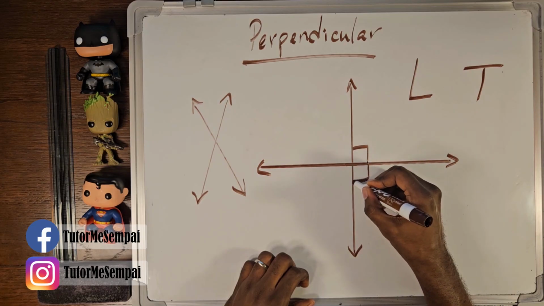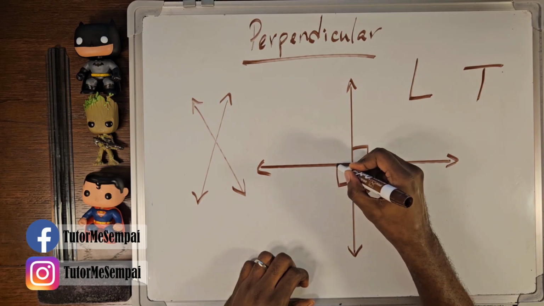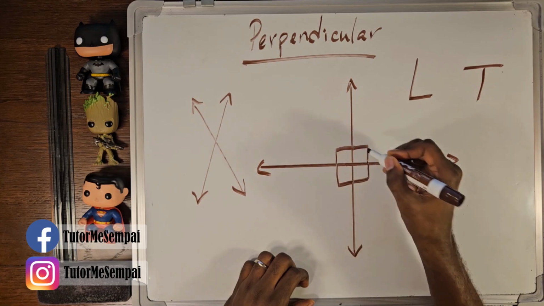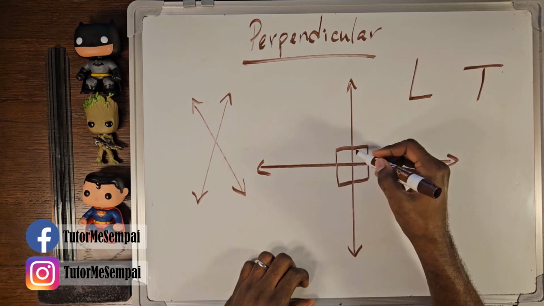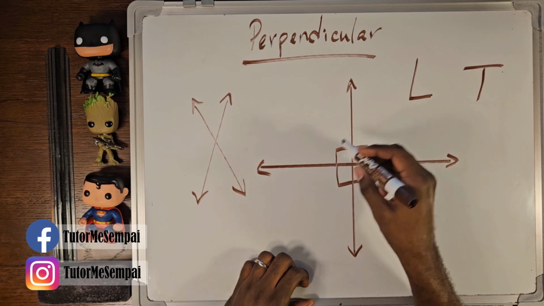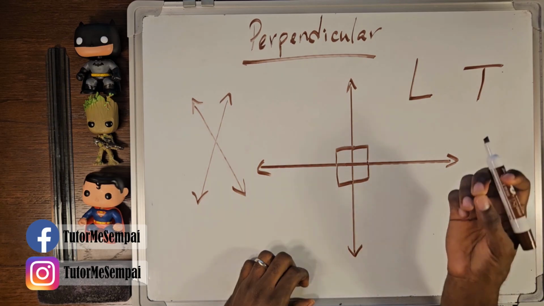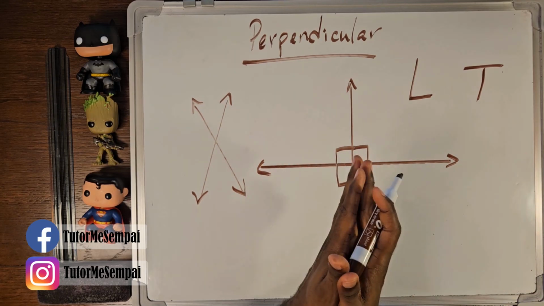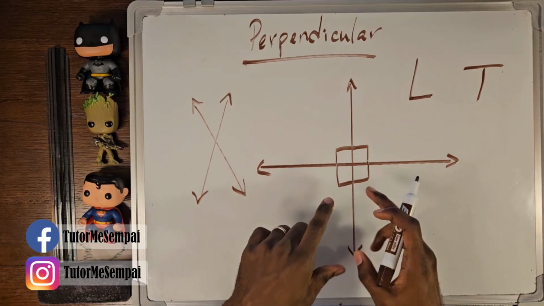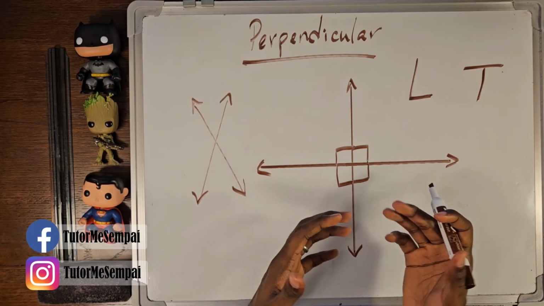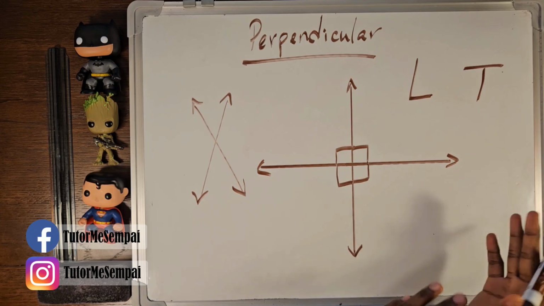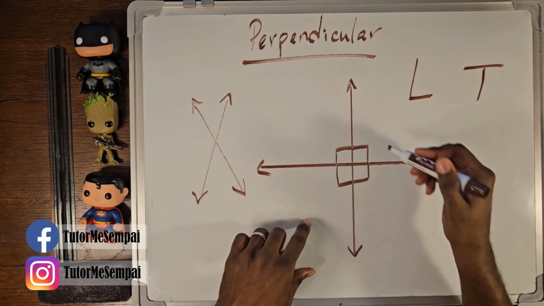And you can do it for all four corners here, right? You can make this little box here for all four corners. All four of them are going to be 90-degree angles. When your intersecting lines form something like this, you're going to have a perpendicular pair of lines. Your lines are going to